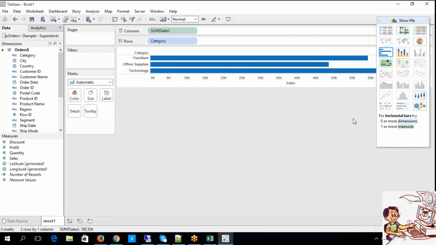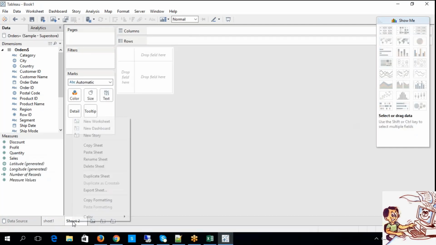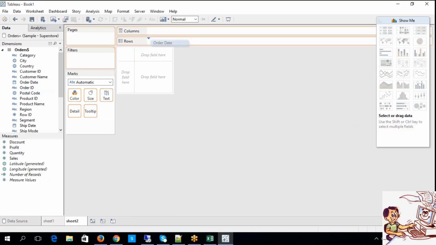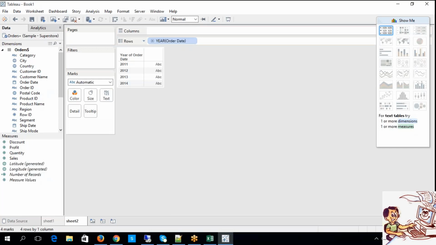Similarly, I would like to have one more sheet, let's say sheet 2. Here I would like to choose order date and the corresponding sales.